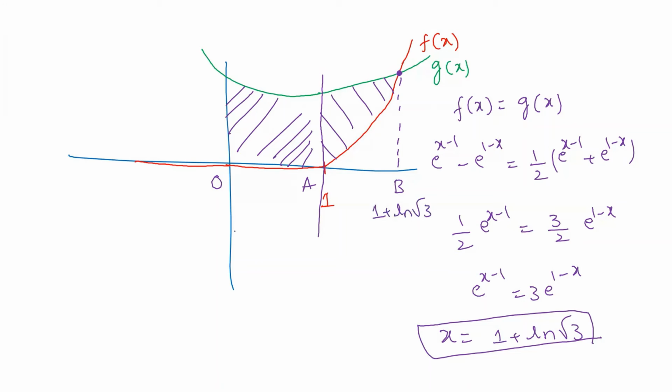So now from the diagram, you can directly identify which area we have to see here from 0 to a, from origin to the point A. So here we have to take the integration of only g of x because f of x is going to be 0. But when we are taking integration from A to B, in that case, we have to take the area of the g of x minus area of the f of x to get our required answer. So let's do that one.